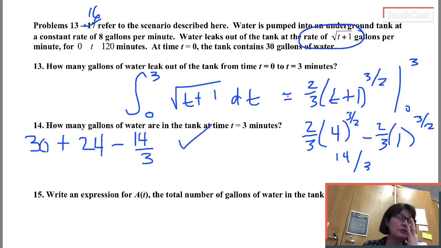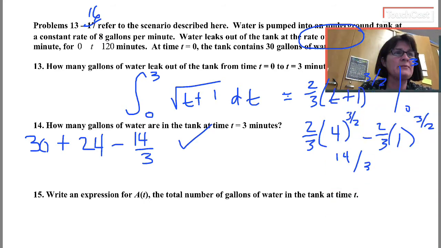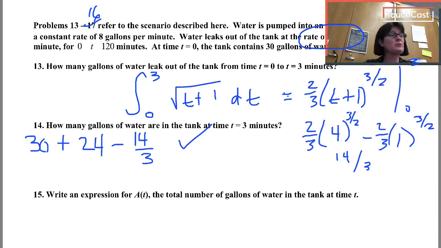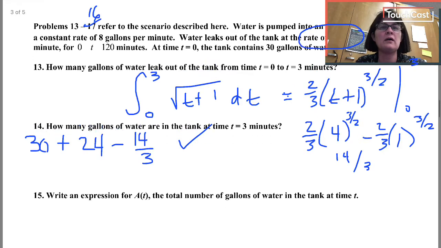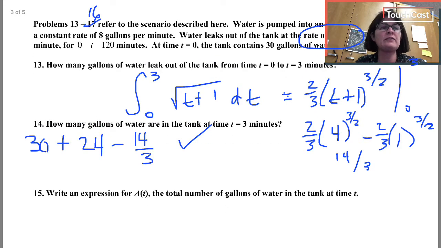All right, so can you take this idea, now that you did it for one time t equals 3, could you write me an expression for how much water is in the tank at any time? Well, I'm still going to need to think about those 3 kinds of water. They asked me to call this function A of t. So A of t comes from 3 places. The 30 gallons of water that we started with, plus,